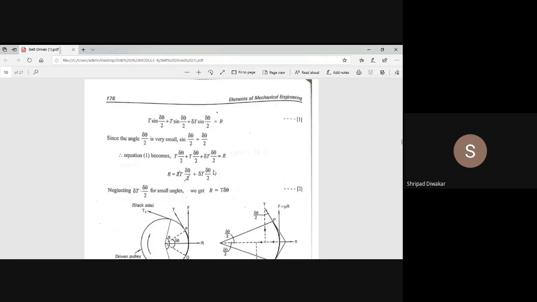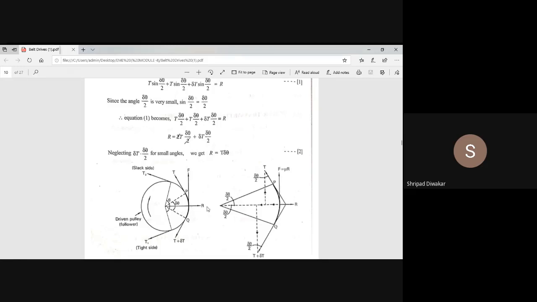Next, I'm going to resolve the forces horizontally. What is the horizontal force? You are going to resolve the forces. So we are having R, and you have to resolve this force horizontally. This is your theta. When you are taking this, you have to take delta theta by 2. We are not taking the entire angle. For this particular triangle, you are going to take delta theta by 2. Then how are we going to resolve? T sine delta theta by 2 plus T plus delta T sine delta theta by 2